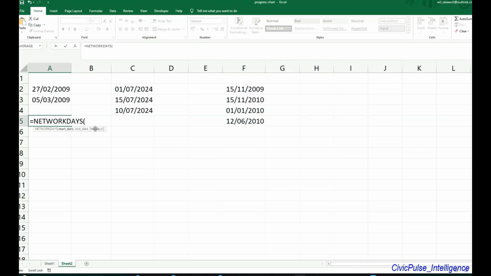Now, for instance, let's start with these two dates that we have here. This is the start date. I'm selecting my start date, then comma, and I'm selecting my end date. These are the only two dates that I have. So voila. Excel is returning the number of days between the two dates that I have, which are 27-02-2009 and